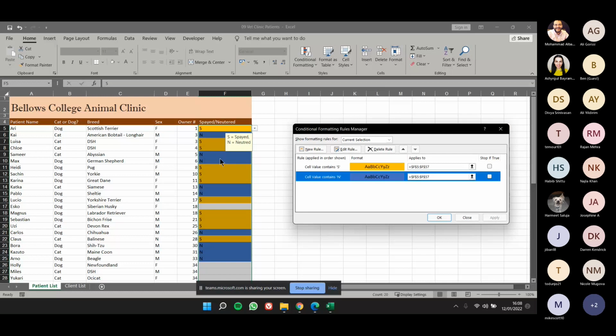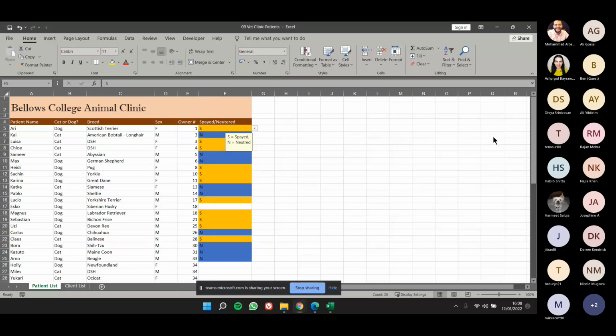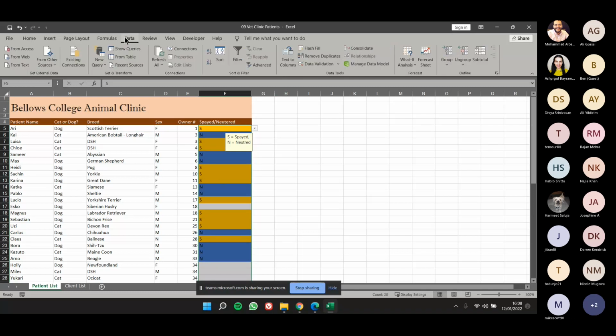So once we've applied conditional formatting as well, so we applied data validation first and conditional formatting, we can then go into sorting the data using cell attributes. Okay, so what we're going to do is select this range here, and once we've selected this range, we're going to go into the data tab, and here where it says sort and filter, we are going to essentially sort this data. Okay, so what we do is we click sort,